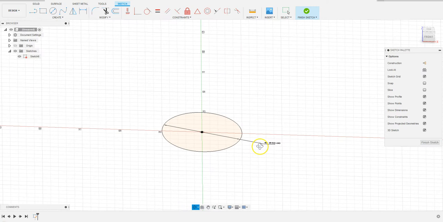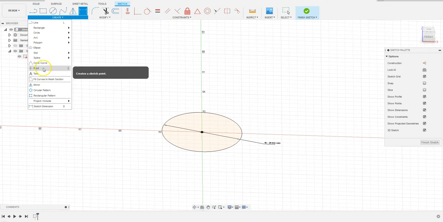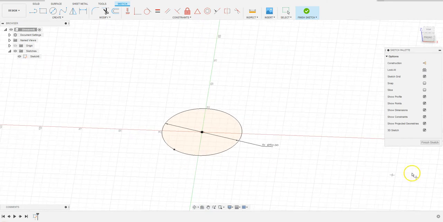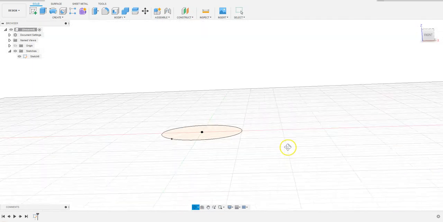Makes sense. All right. We need a point, a reference point. So we're going to place a point somewhere on the circle. Create a sketch point, anywhere you like. How about here? All right. So that's the point we need. Now we are going to